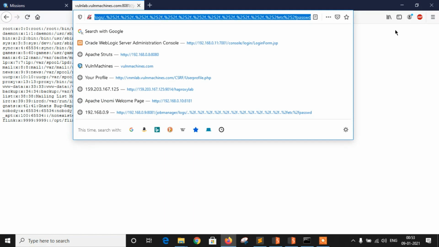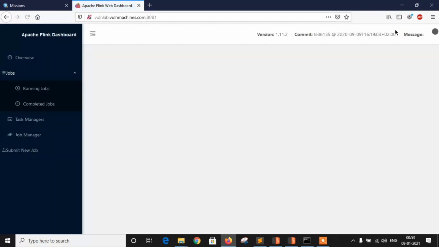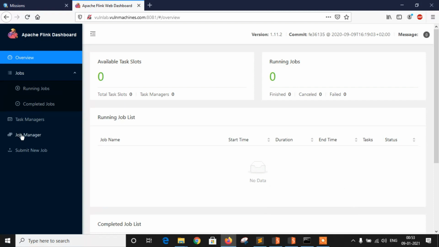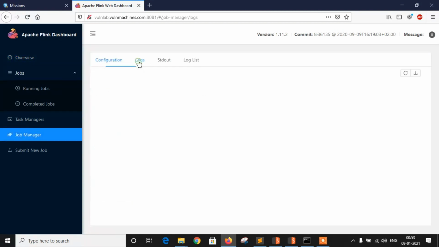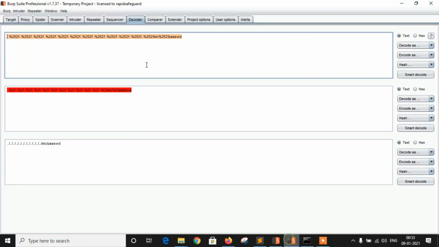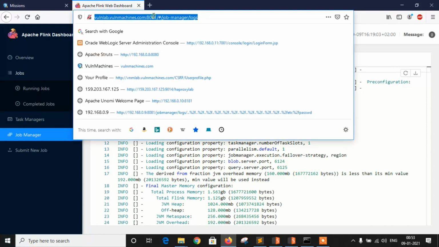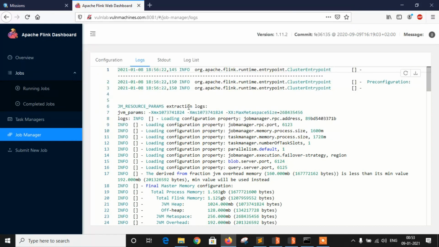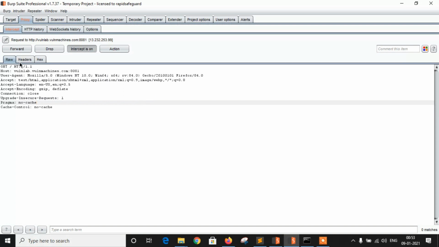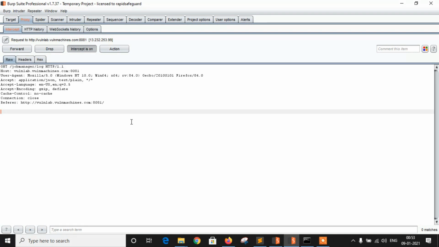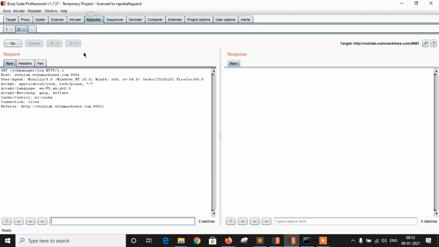So let's say I'm capturing this request in Burp Suite. Let's click on the job logs. Now interception on, and let's say forward, config asset job manager logs, forward, interception off.